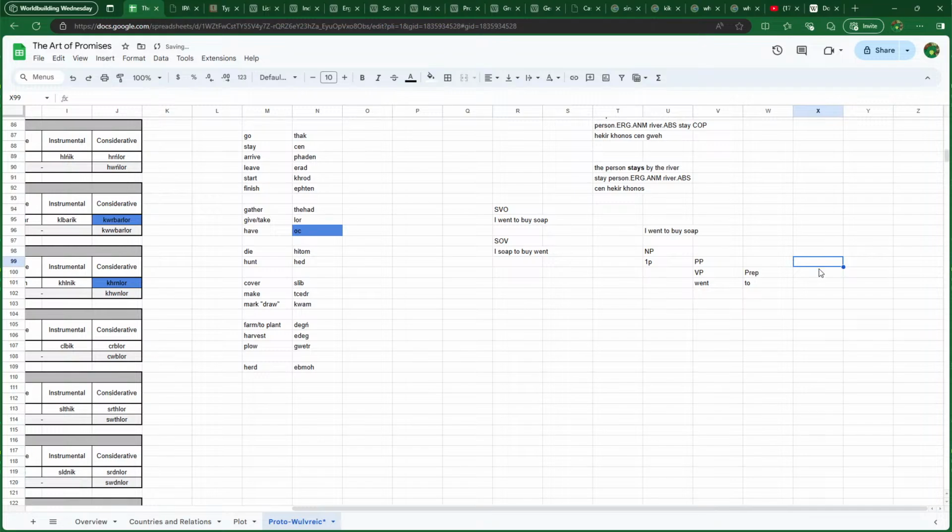Then buy is the main verb phrase. Or rather, we write here the verb, and this is the object. So this is buy, this is soap. So, I don't know how to fully draw the tree. Actually, wait, hold on. I can,